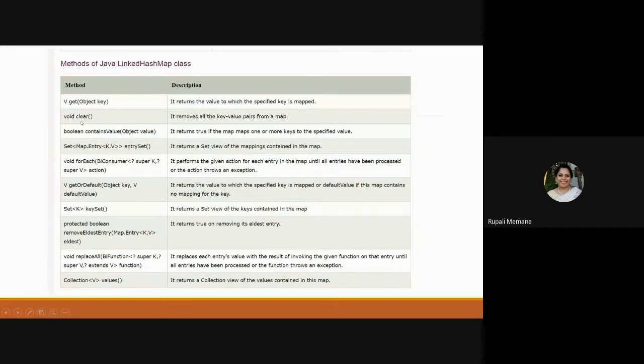Then see the methods. Now methods we have seen, clear method we have seen. Now get is going to return the value which is associated. So when I pass the object, now initially we have seen the hash map. If I pass the value A here, it is going to retrieve me what? The value which was associated with A, that means 100. So it is returning me the value. So your return type is V. So when I pass the key object in the get method, it is going to return me the value which is associated with the passed parameter.